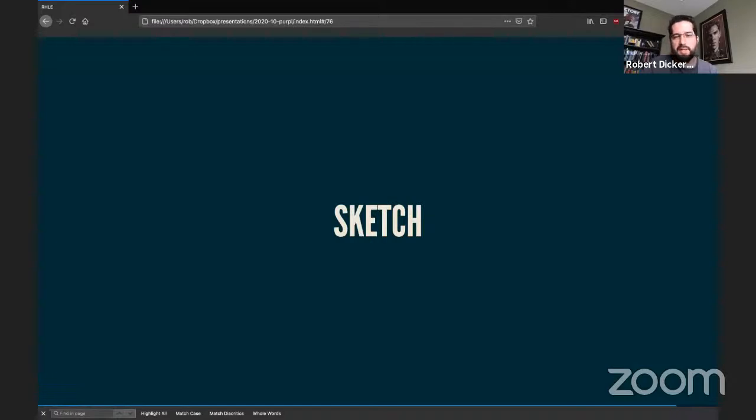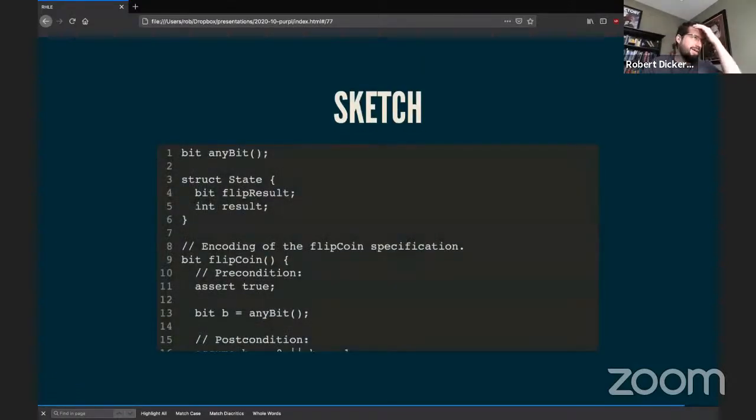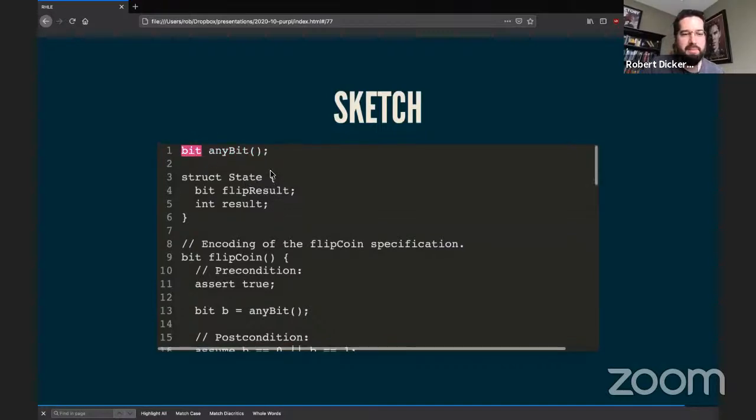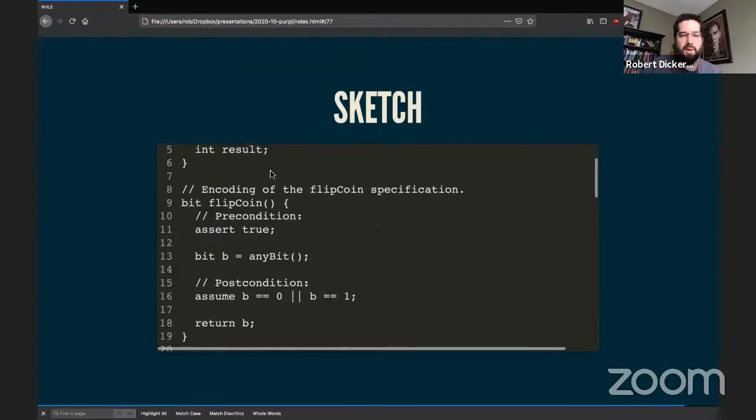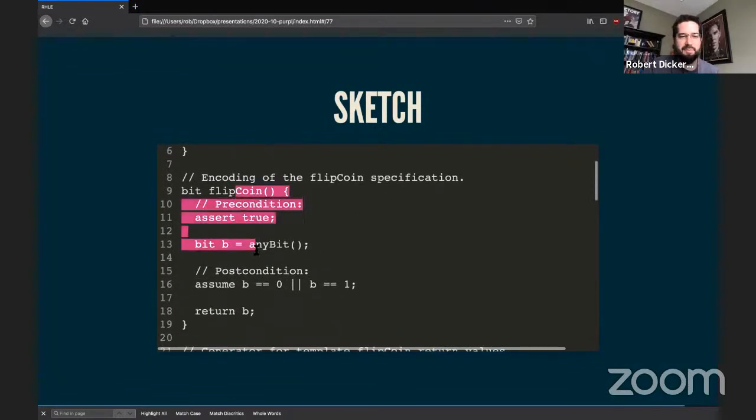So we've been using Sketch. The encoding is a little bit wonky just because of the way Sketch works, but I'll try to hit the important points on the encoding. We have this uninterpreted function which Sketch will treat as being able to return any arbitrary element of its return type. So in this case, it can return any arbitrary bit. We encode the specifications of flip coin,